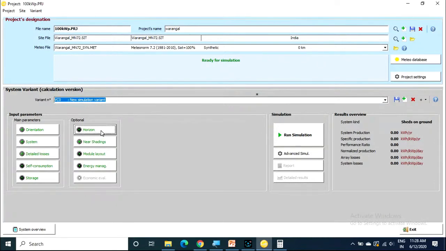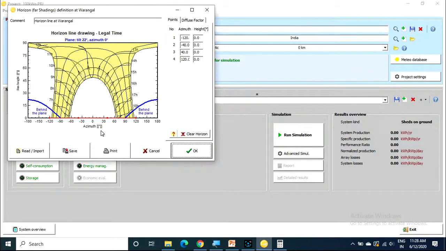Now I am going for the origin. Origin is nothing but the sun window or sun path diagram. The importance of the sun path diagram is that it locates the exact position of the sun in the sky. To find that, two measurements are required, that is sun height and azimuth. Azimuth is measured horizontally with respect to the sun's position and sun height is measured vertically. So these two angles are required to measure the sun position.